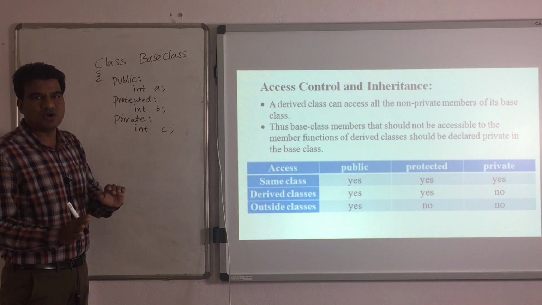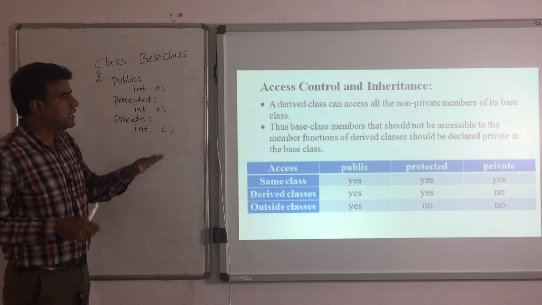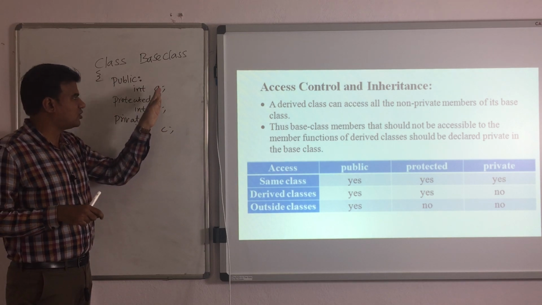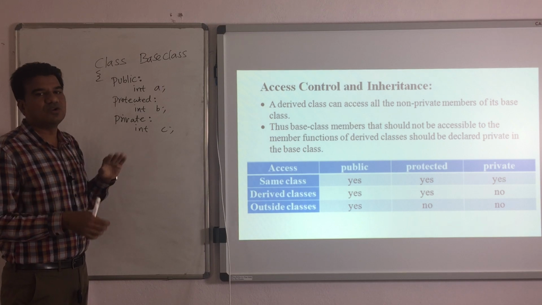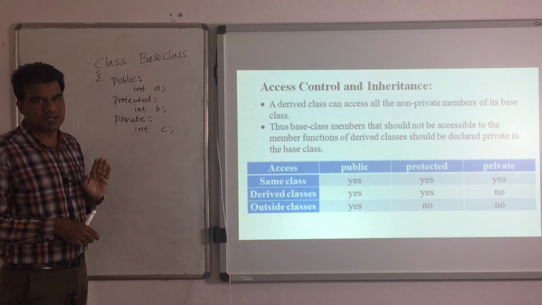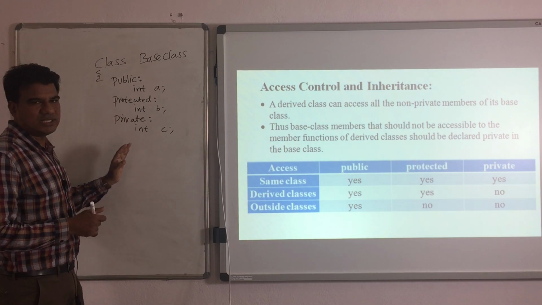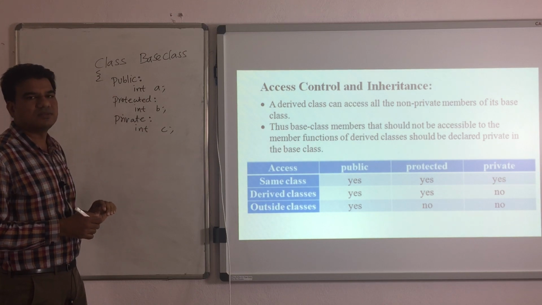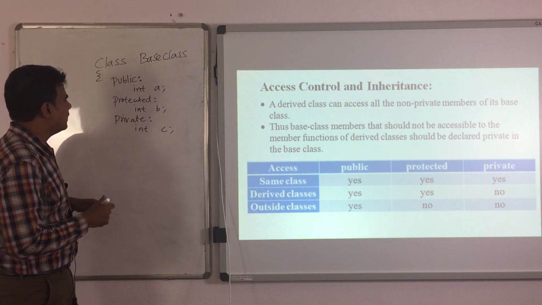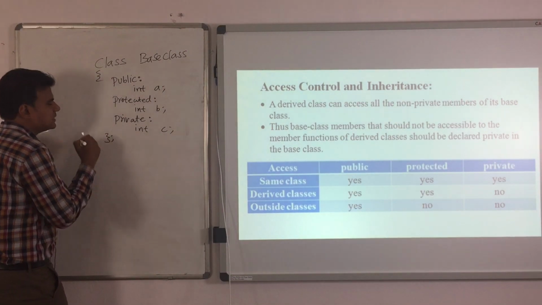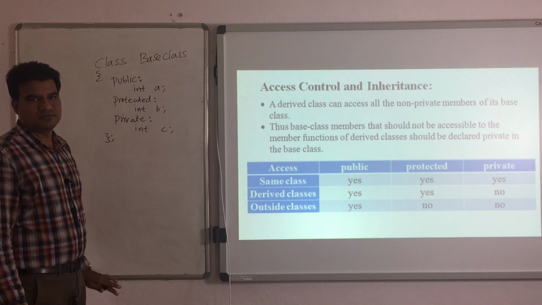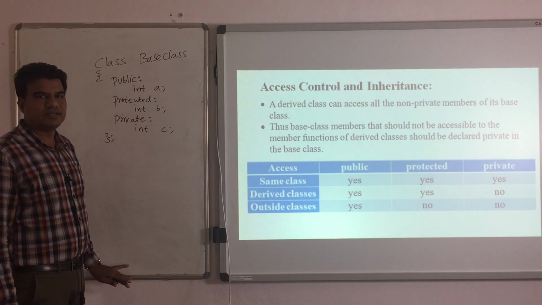Those concepts we already discussed. Either we can use member functions to initialize these data members, or we can go for constructors as well. But for now, I am closing the class definition with these three data member declarations. Now you close this one and put the semicolon at the end.